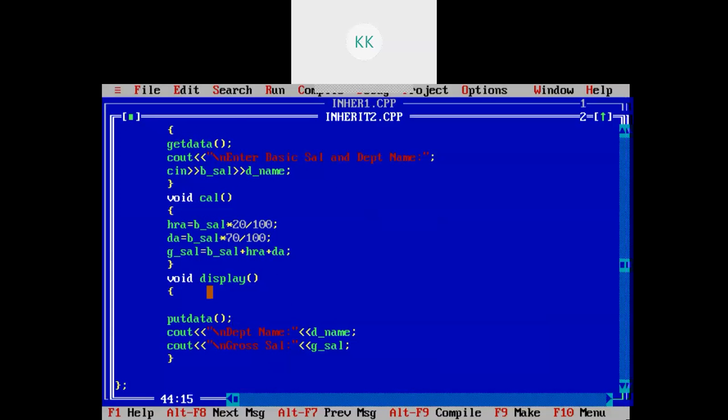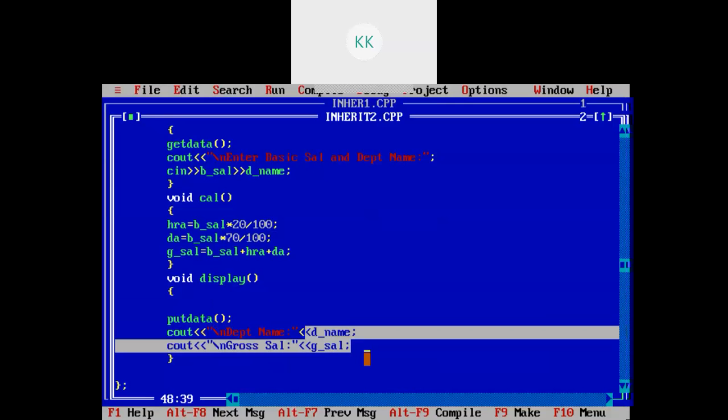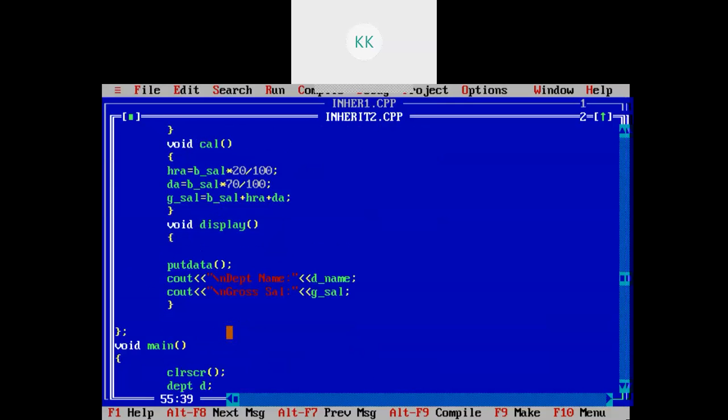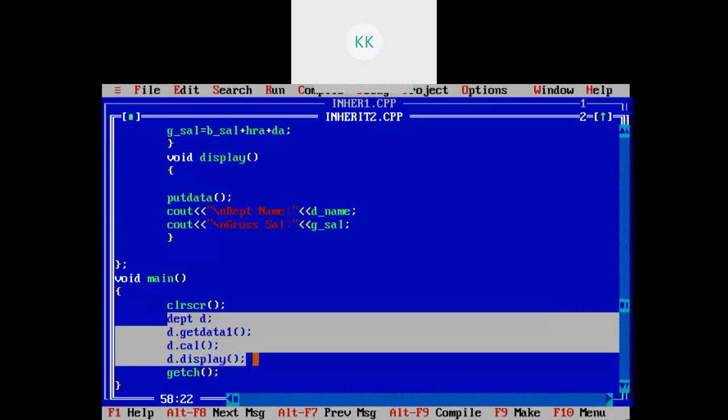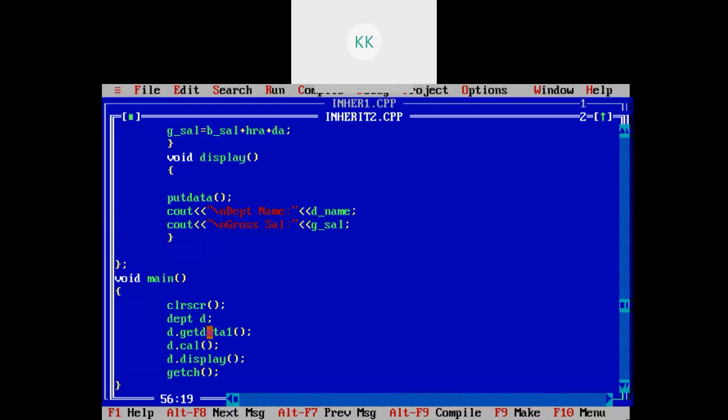Then I have written this display function, in which I have called this put data from the base class, and whatever variables are there in the inherited class I have displayed over here. Okay. And in the main, you need to create the object for the inherited class only. Then you can use the object to call the various functions in the base class as well as in the derived class.